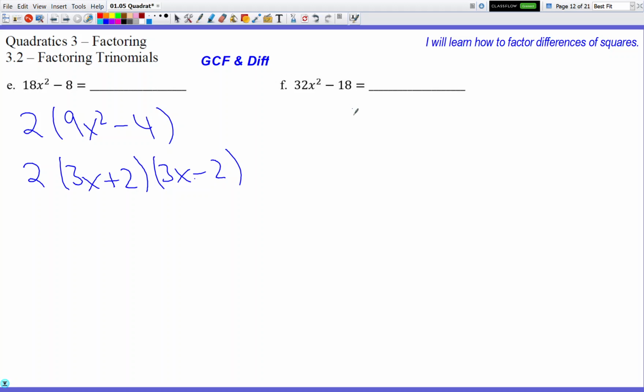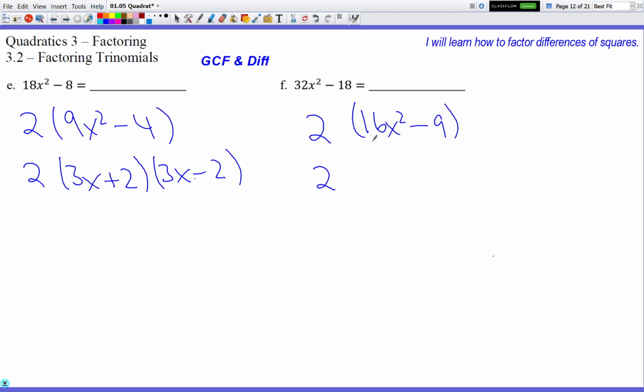So GCF, so I put single parentheses. What number divides into 32 and 18? I think that's a 2. Do I put any letters on the outside? No, because negative 18 doesn't have any letters to give, so I don't put any letters on the outside. So what's left after I take away a 2? So I get 16x squared, and I get negative 9. So next step, difference of two squares,